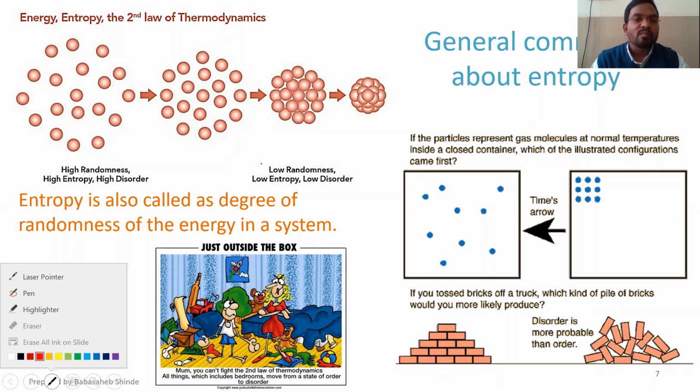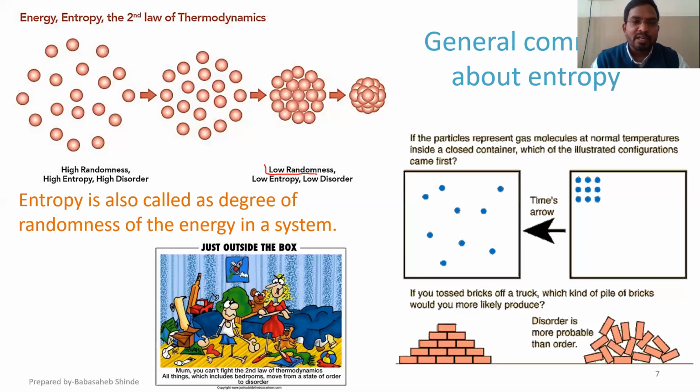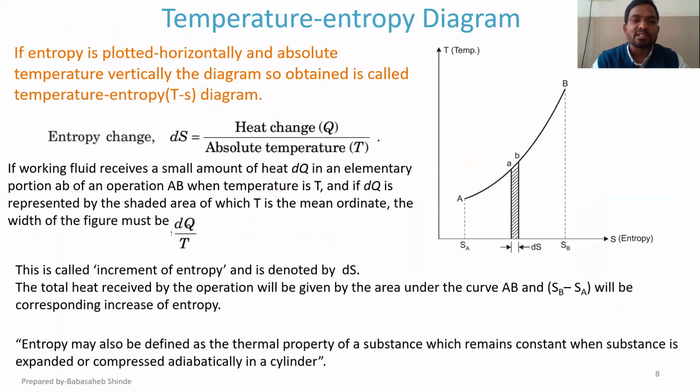That relation we have drawn over here. You can see low randomness, low entropy, and low disorder in this direction. Whereas if you go in this direction, you can easily see that there is increase in disorder as molecules are separating from each other. The space between molecules is increasing, so there is going to be increase in disorder as well as increase in randomness also. And along with increasing those two, the entropy of the system is also going to increase. That we studied in the last session.